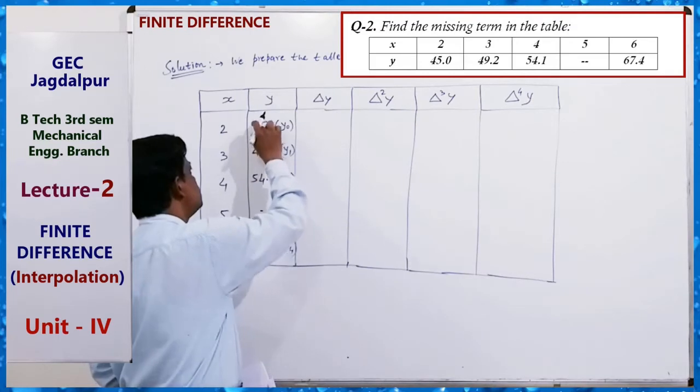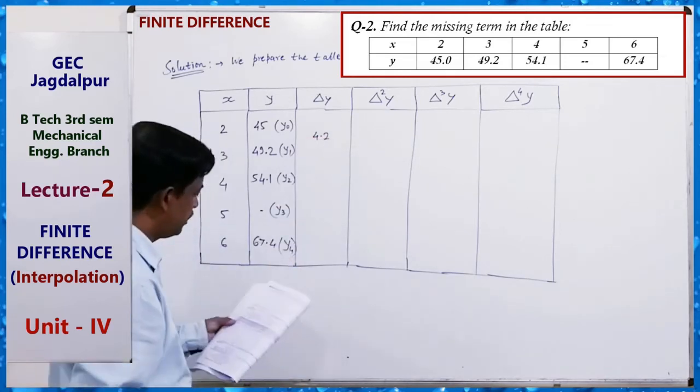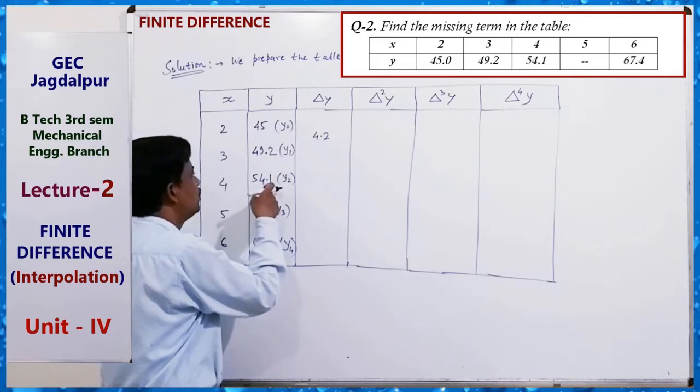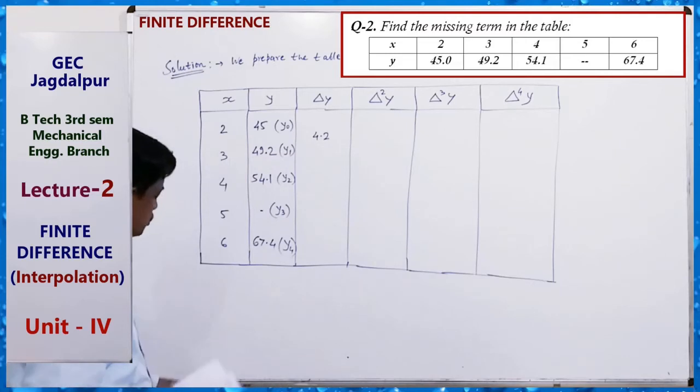This minus this, right here, 4.2. Then 54.1 minus 49.2,